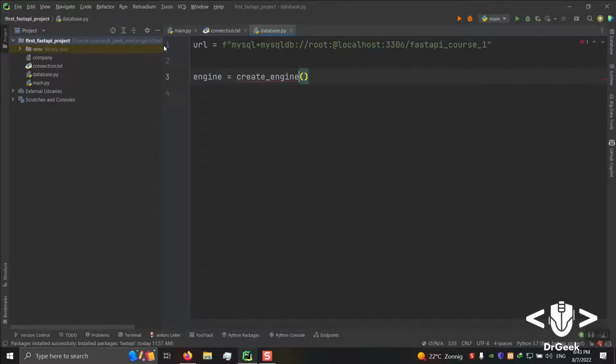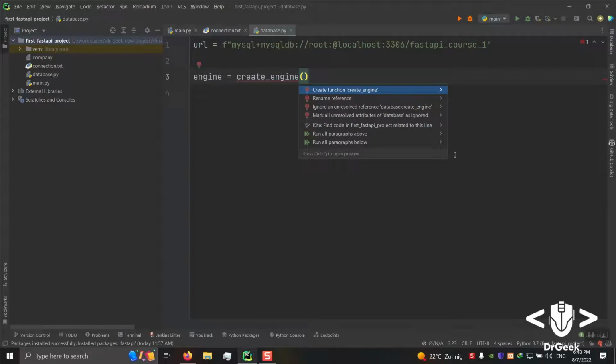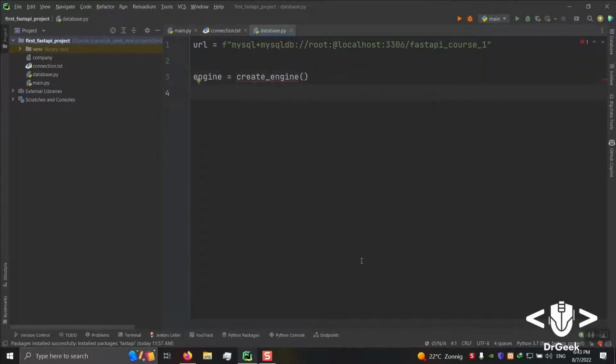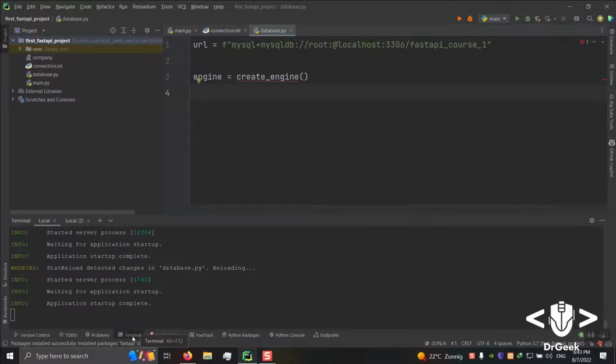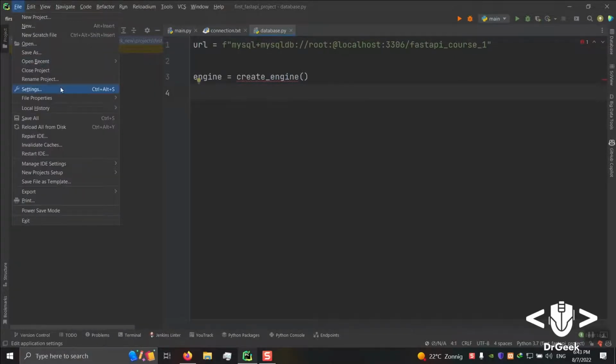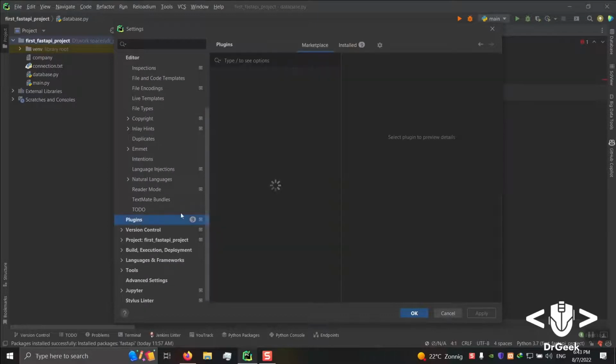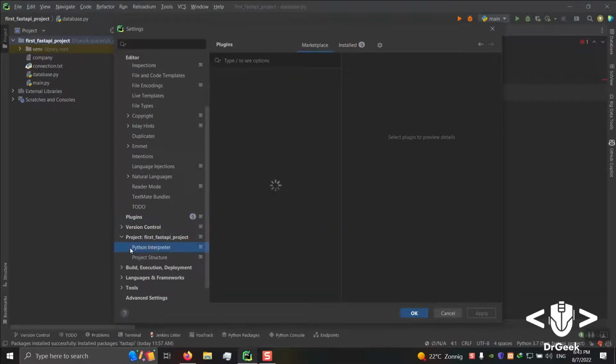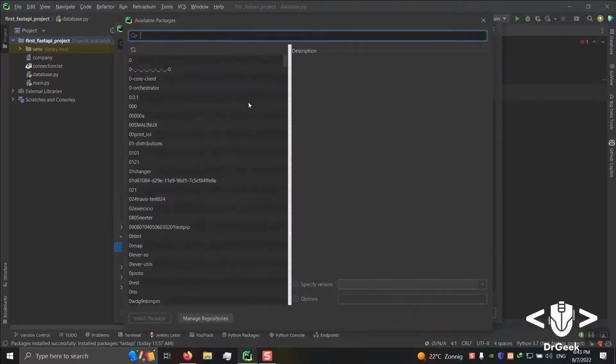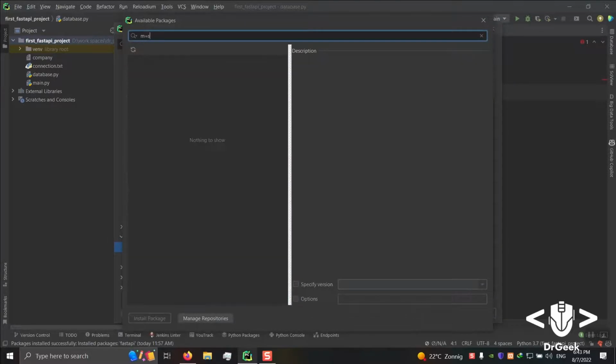And now I need to import this. One point is that we haven't yet installed SQLModel, and I'm going to install it through this nice UI.